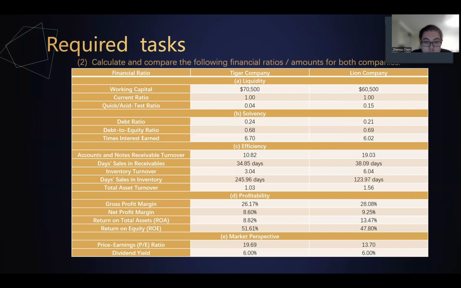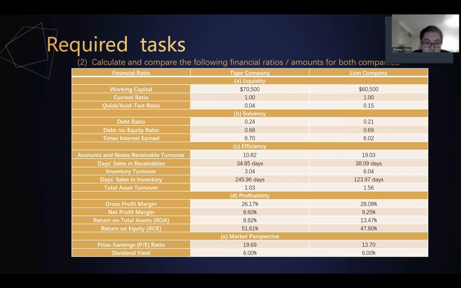Additionally, Lion company has a higher total assets turnover, meaning that it generates more sales per amount of assets. In profitability, both companies have positive gross profit margins, net profit margins, and returns on total assets. However,